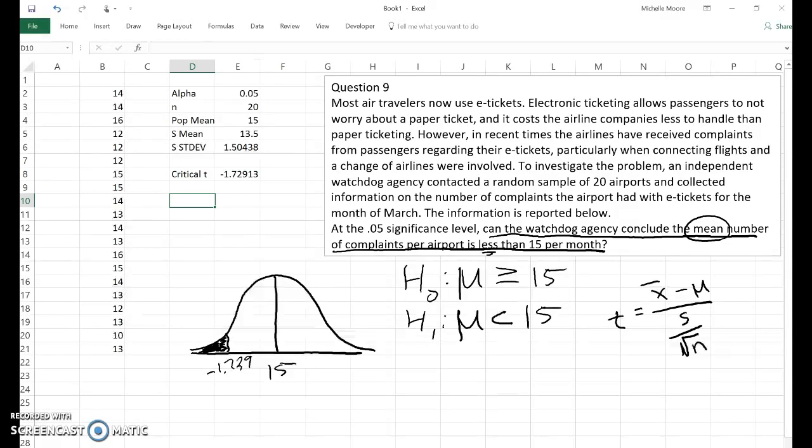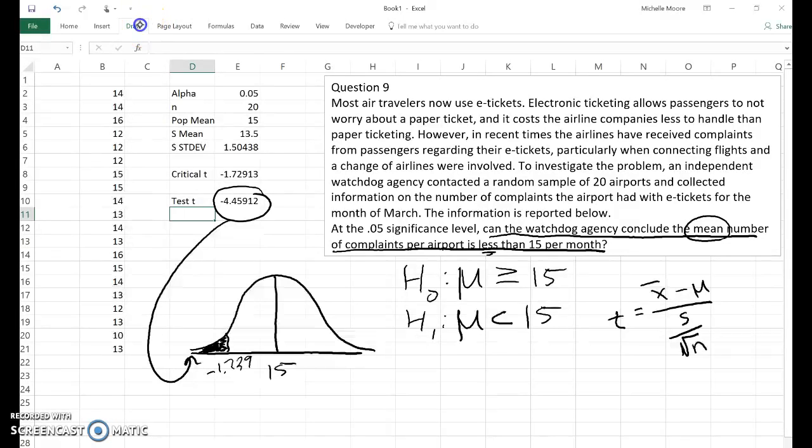Okay, so now that we have a critical value, we're going to get our test statistic t-value, and we can go ahead and solve. So our numerator is the sample mean minus the population mean. That should give us a negative value, 13 minus 15, divided by sample standard deviation, divided by the square root of n. Okay, and once we get that, we get a negative 4.45. So that number right there is really, really tiny compared to our other one. It's going to be very far into the tail.